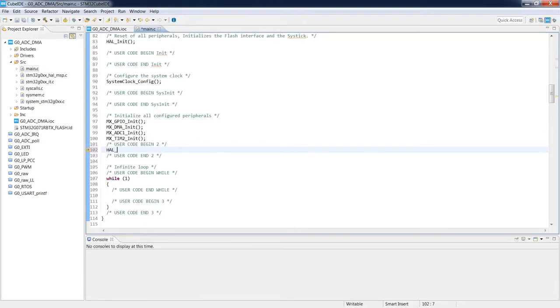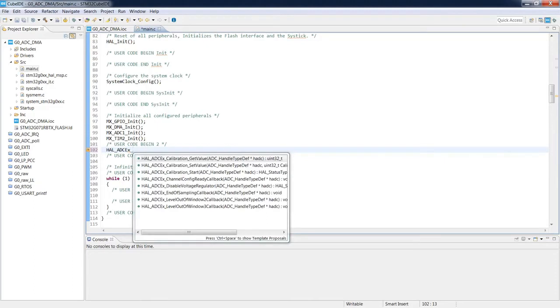So if I would use HAL ADC EX, EX means extended. It is a special marking for the functions within the HAL, which means that this particular function may differ from other similar functions on different STM32 lines. If you do not see an EX as a suffix in the function name, it means that this function can be copy-pasted across the families without any change. In case of ADCs, these calibration functions may differ from family to family. This is why we've got this EX suffix at the end.